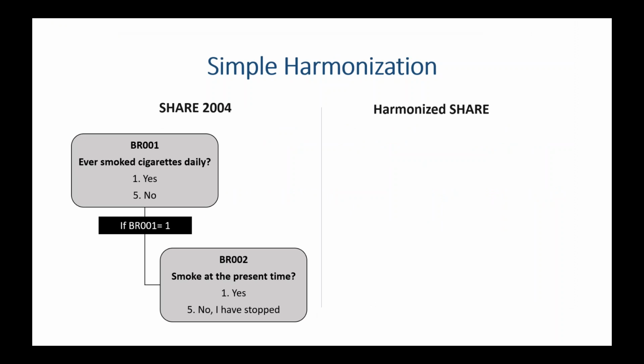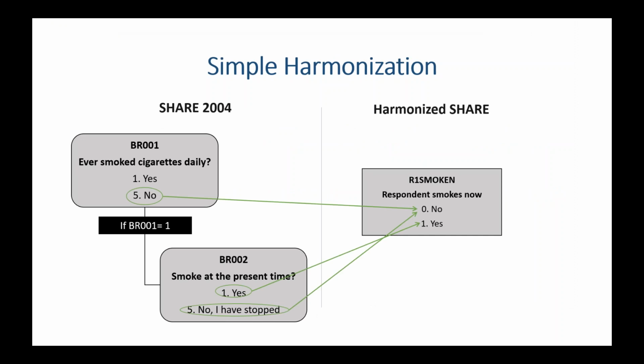So let's look through a simple example of what harmonization is and why it might be helpful to use a harmonized data set. Let's say we want to create an indicator of whether the respondent currently smokes. In the harmonized SHARE, we would call that R for respondent, we're going to look at 2004, so it's wave 1 of SHARE, SMOKEN, whether the respondent smokes now. Inside SHARE, this question is asked with a skip pattern, like we saw earlier. First a question of ever smoke daily, and then a question of smoke at the present time. And we've accounted for this skip pattern in the creation of this variable,